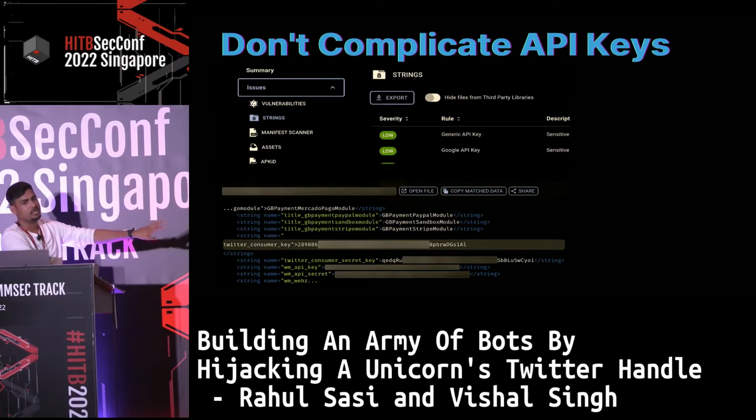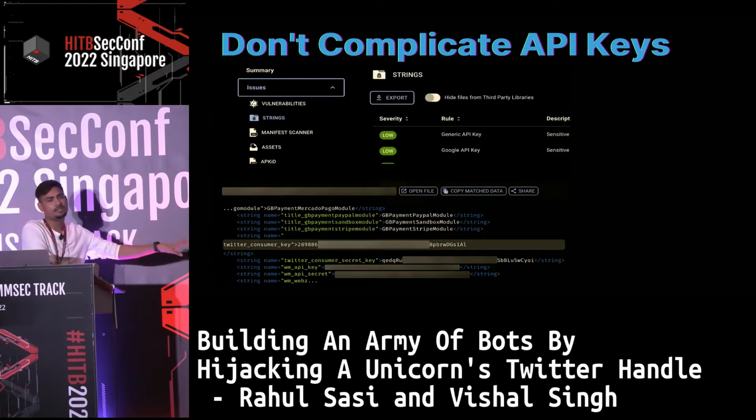The developer might think it has limited scope for the Twitter consumer key. But as it's leaking the Twitter access token, we could compromise their Twitter account and play with each and every functionality Twitter gives us.